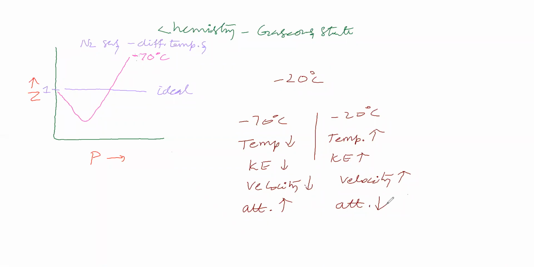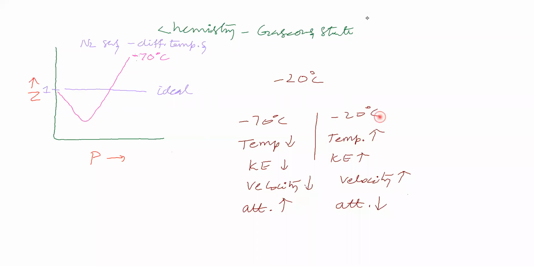It is the expectation; it should be verified by experiment. We did not say this for all substances, generally it is like this. With respect to this, minus 70 degrees Celsius has a higher magnitude of attractive force among the gaseous molecules. At minus 20 degrees Celsius, the attractive force among the gaseous molecules is less. Now at minus 70 degrees Celsius, this is the dip of the curve, the dip of the curve towards negative deviation, towards attractive force.